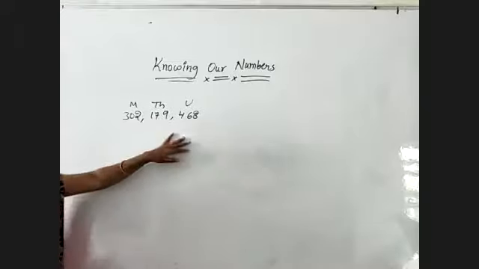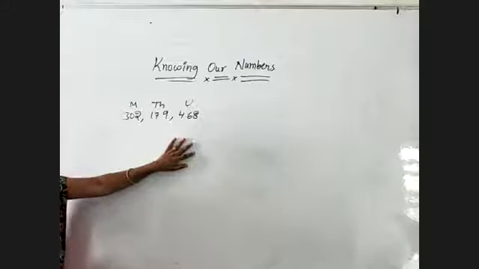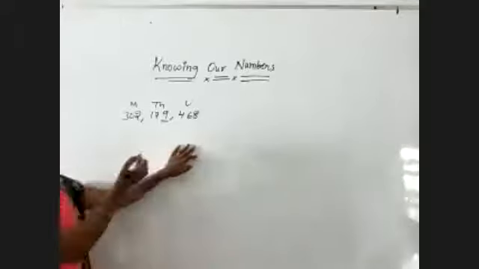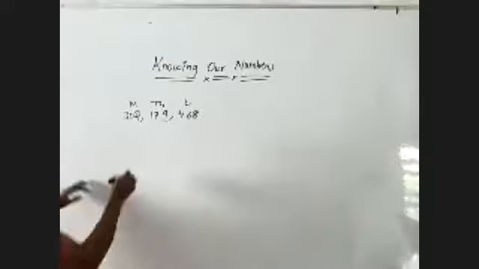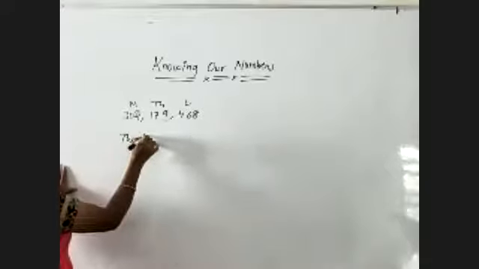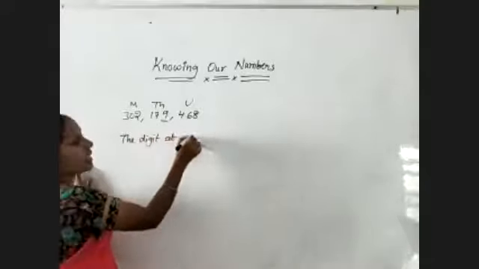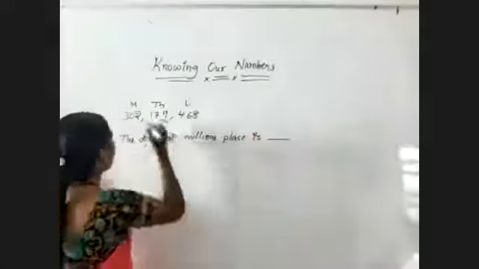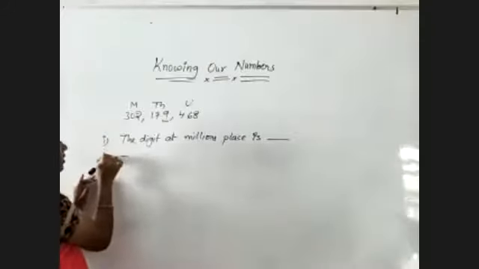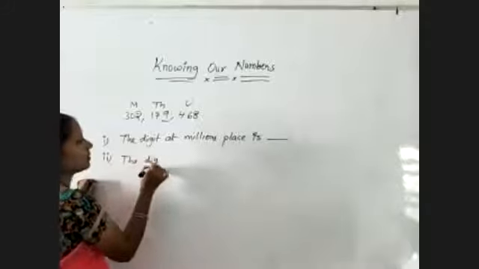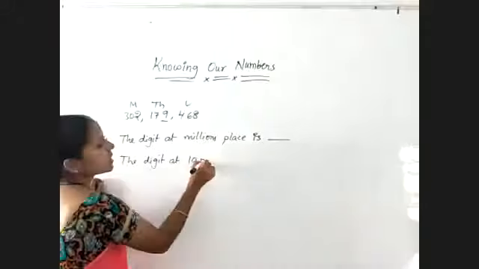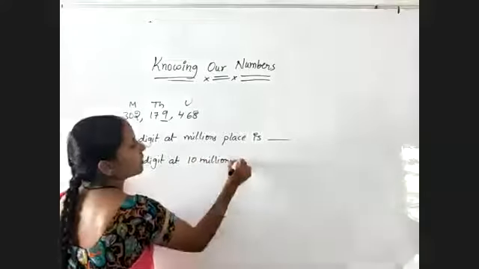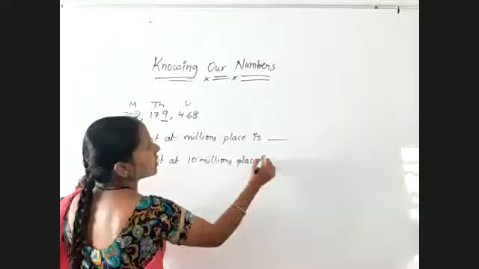Which digit is represented in the thousands place? 1, 10, 100, and 1000. So 9 is represented there. Now my question is, the digit at the millions place is dash, and the digit at the 10 millions place is which one? Right. And next,